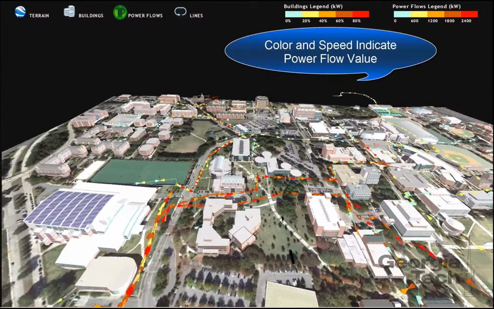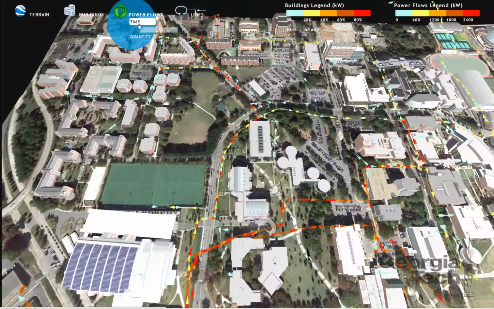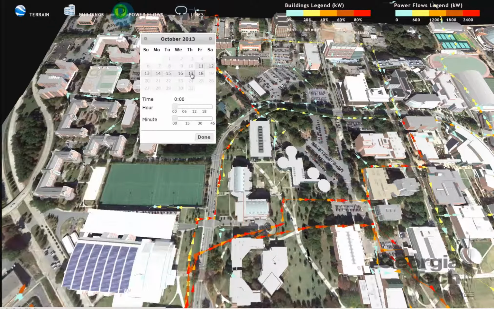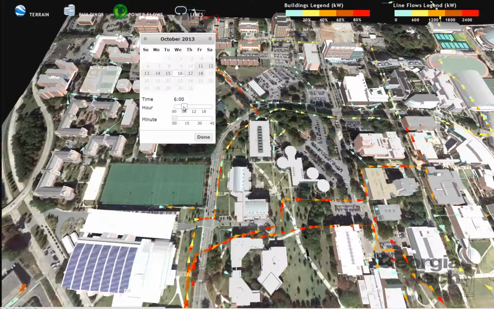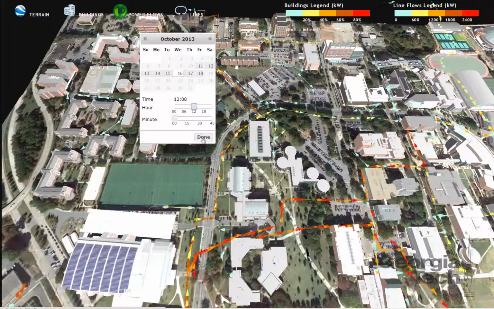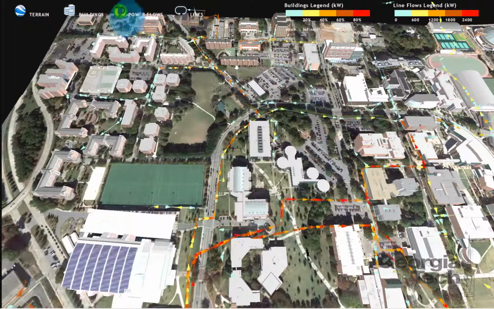In fact, you can visualize the power flows based on different times and quantities. These power flows are generated based on the OpenDSS simulation results. For demo purposes, the simulation was run for a week and the corresponding results were stored in a .csv file. These results are being visualized currently, so you can pick any day of the week as well as any hour to see how the power flow has changed. You can see how the power flow values have changed over every 15 minutes.